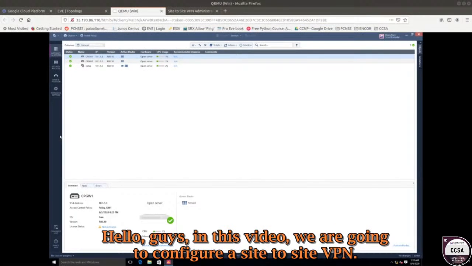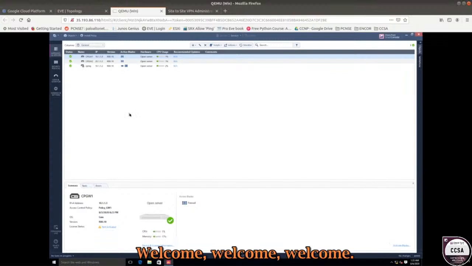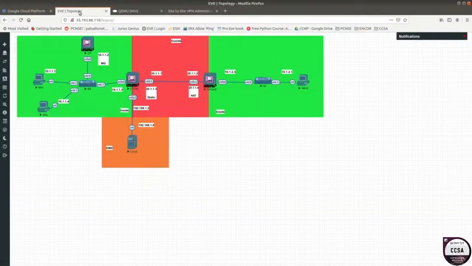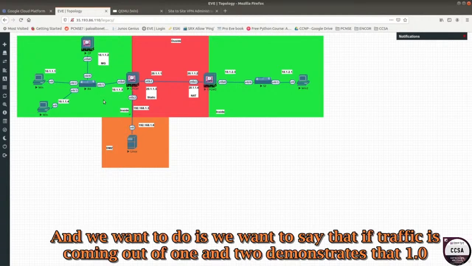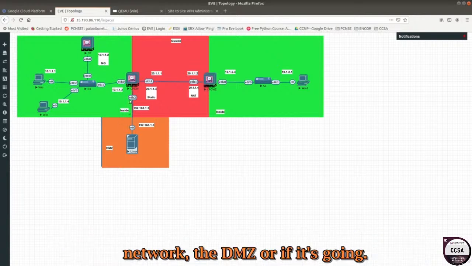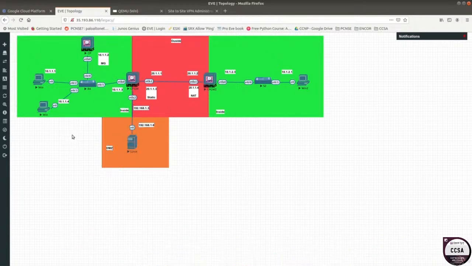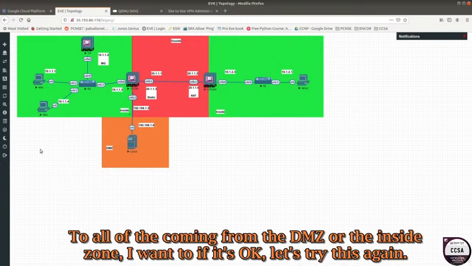Hello guys, in this video we are going to configure a site-to-site VPN. Welcome. So as you can see right here, we have our topology that we're still using, the same one, and what we want to do is say that if traffic is coming out of the 192.168.1.0 network, the DMZ, or the inside zone,